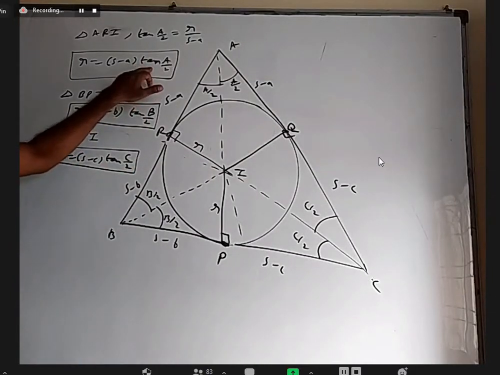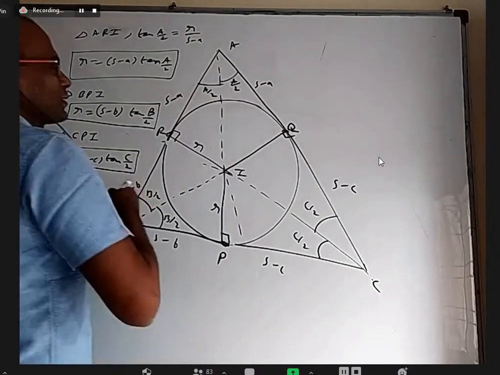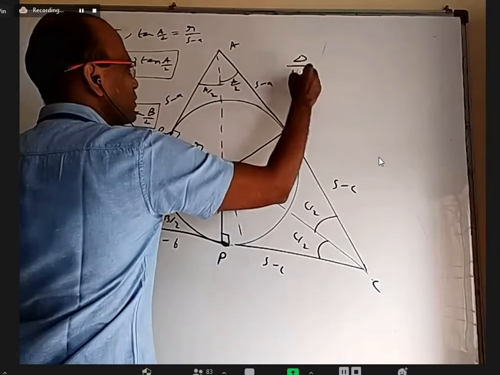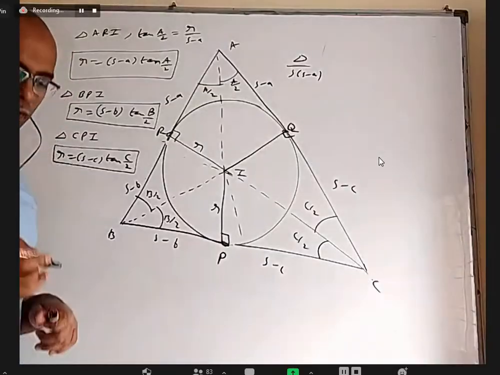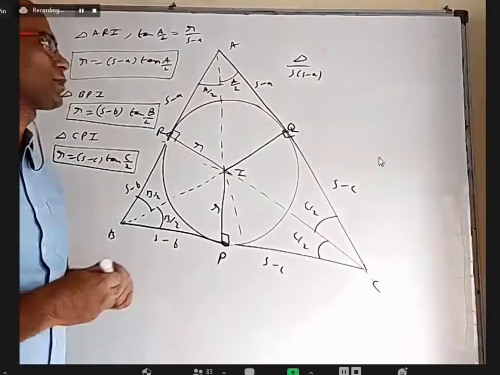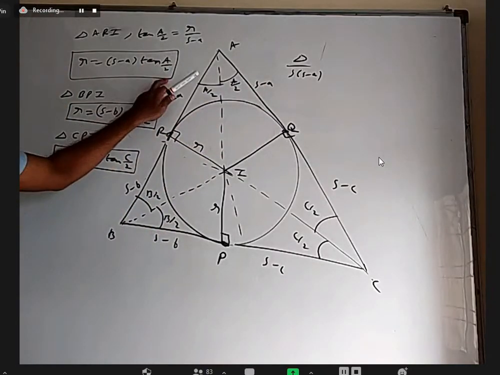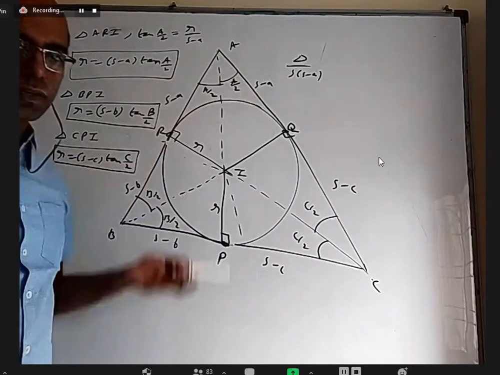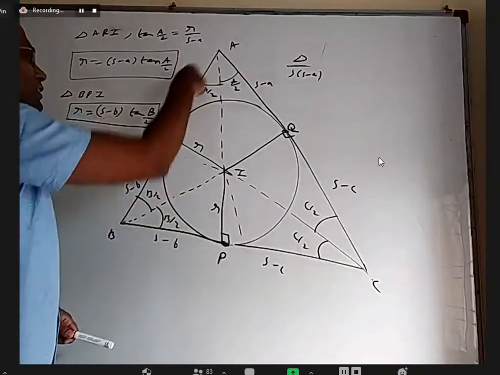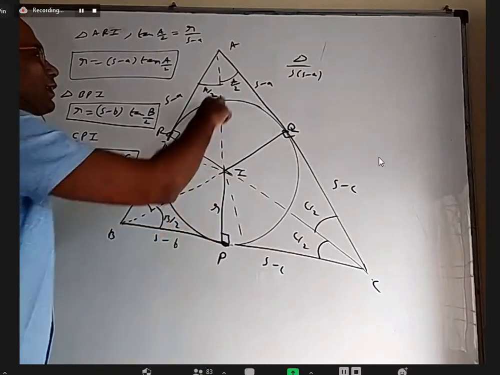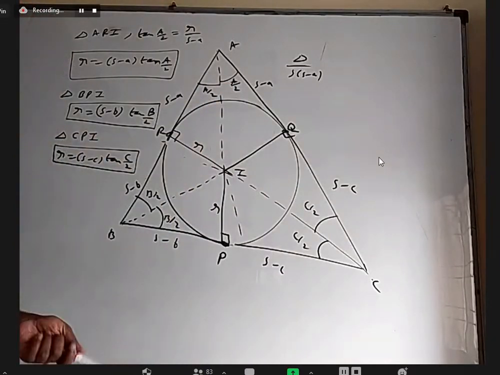Why? One of the formulas for tan A by 2 is delta by s into s minus a. Because cot A by 2, you remember, is s into s minus a by delta, reciprocal. If you substitute, delta by s into s minus a will cancel. Delta by s is r over... who cares? This is the figure, this s minus a and all that. But one may ask where somebody got it from. You keep on manipulating, some more new formulas will come.